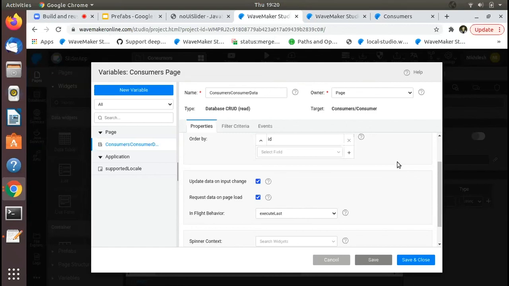Just like Nikhilesh showed you how you could take the JavaScript and upload it there, similarly, you can upload the distributable JavaScript that you get when you build an Angular element. Take it into your prefab, wrap it inside the prefab, define the properties, map it to your Angular element, and use it inside Wavemaker applications. Similarly, the same applies to any other framework like React as well. So we have documents for that.